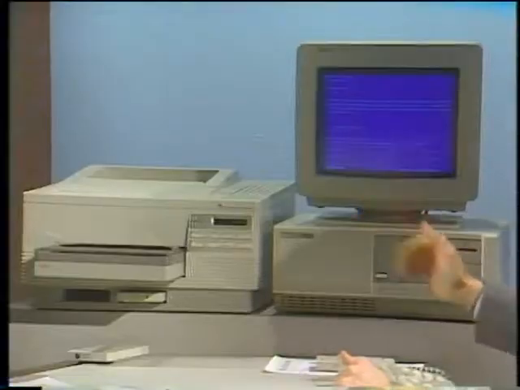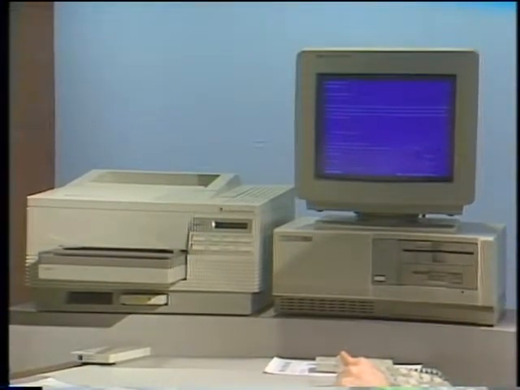And is PCL 5 built into the LaserJet 3, or is that a cartridge? All right, now it's completely resident and native to the LaserJet 3, so it's in every LaserJet 3 printer. All right, now show us what you can do with PCL 5 then. You've got WordPerfect up there on the PC. Give us an example. Yeah, one of the things that our customers asked us for is the ability to have